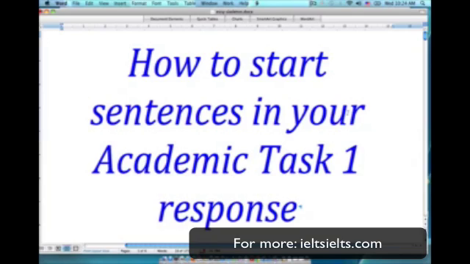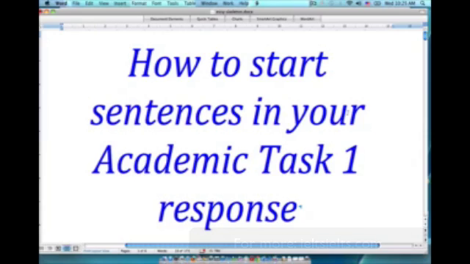In today's lesson, we're looking at how we can start and structure sentences in our academic task 1 response on